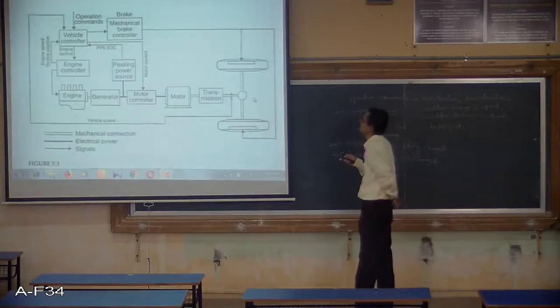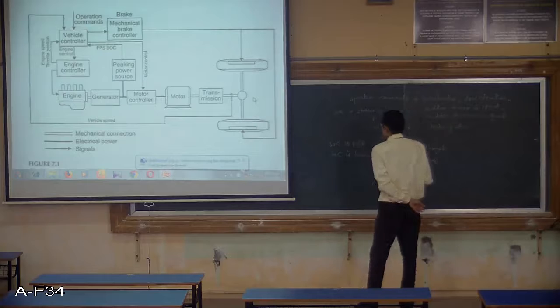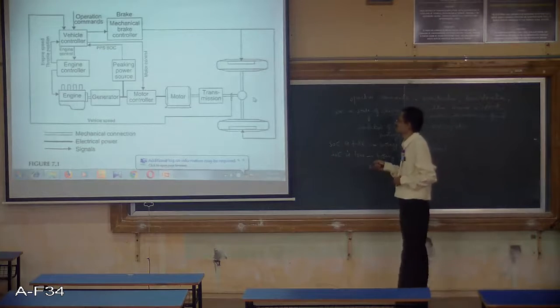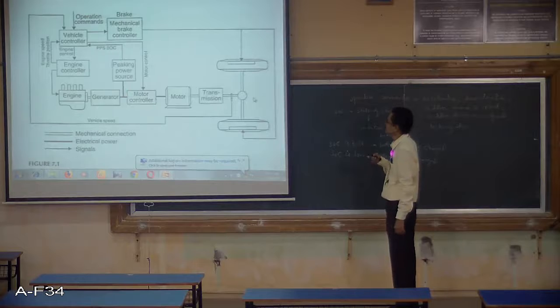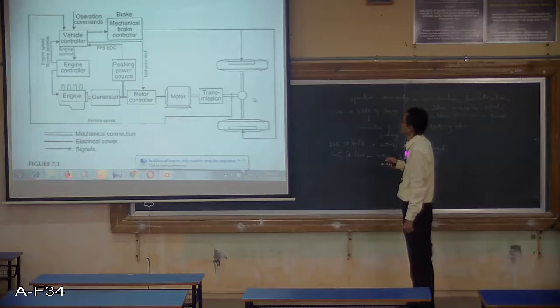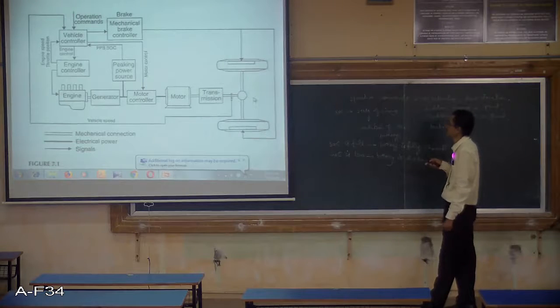So the vehicle controller also gives one output to the motor controller, which is controlling the motor. So this will enable the motor controller to work. Now in what configurations it should work, in what way it should work, all these will be given by the vehicle controller. So the commands will be given by the vehicle controller, and then this motor will be controlled. This is the gear transmission or drive transmission, and then it is given to the front wheels.